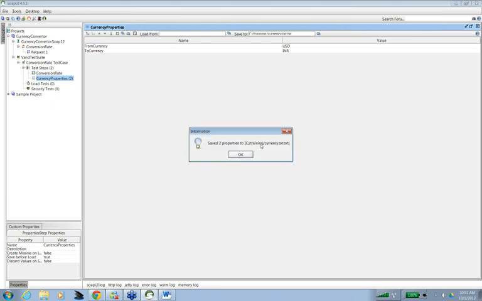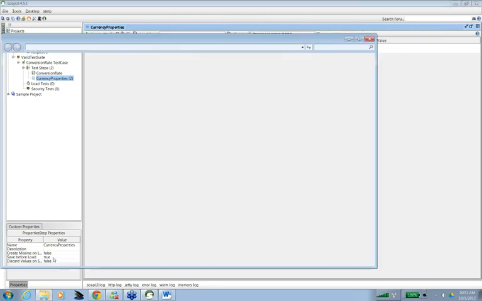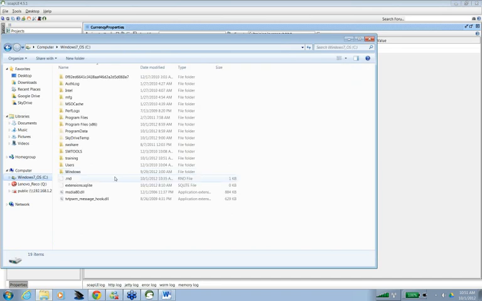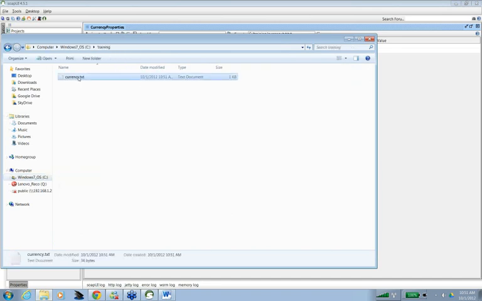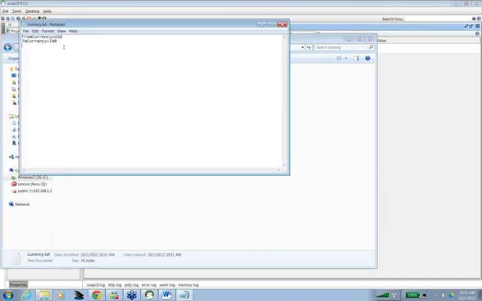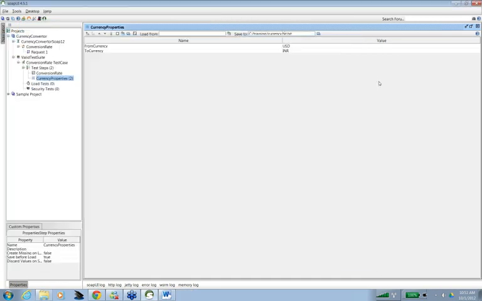Okay, so it has saved two properties to this file. You can just go there and browse, and you can see these two properties have been saved. So you can always save the data from your test.